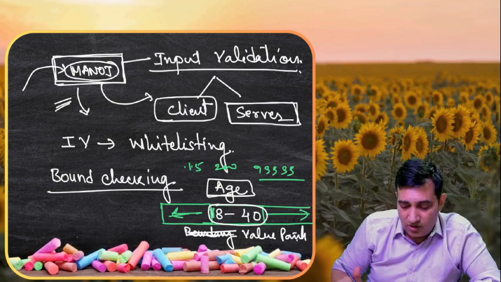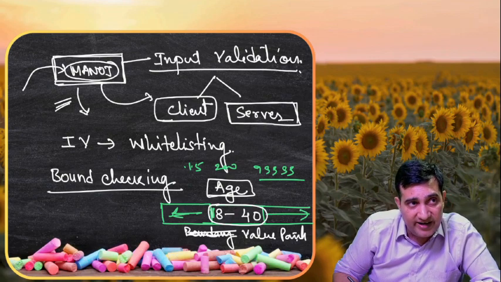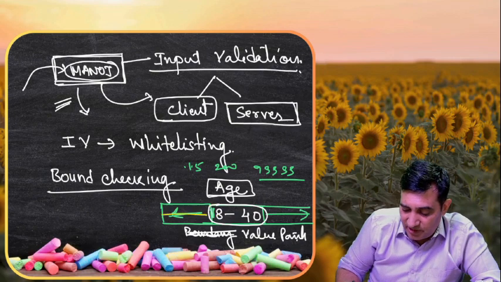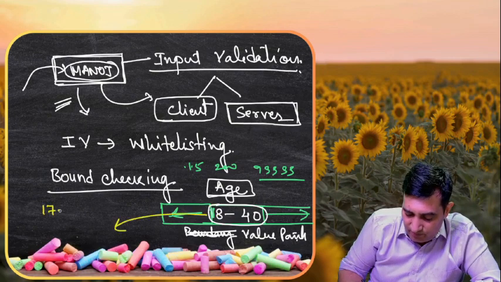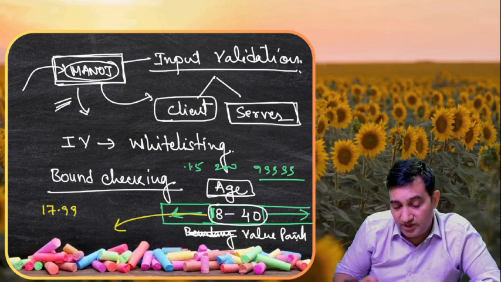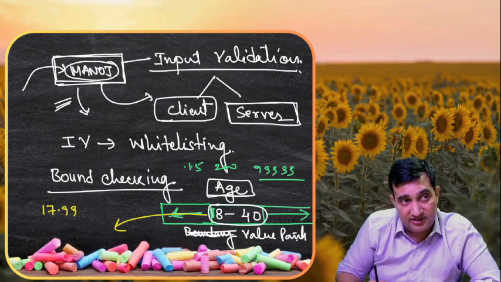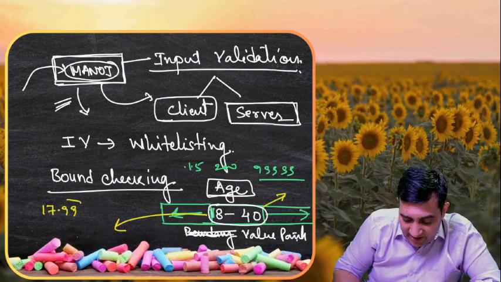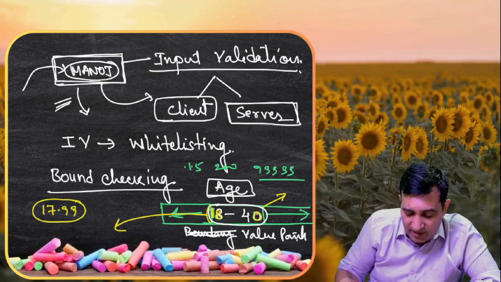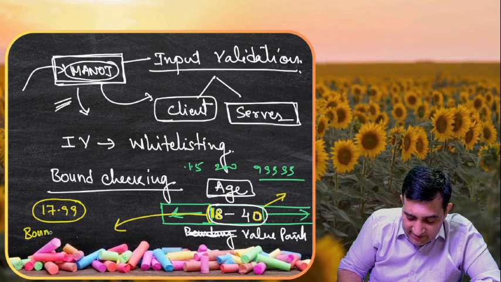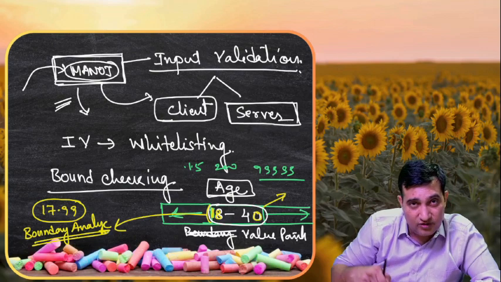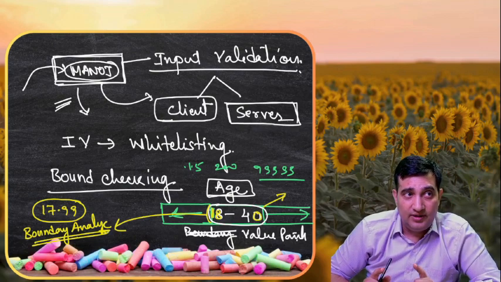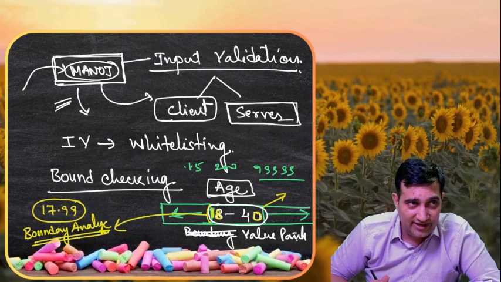Okay, sometimes we also check the boundaries very finely. For example, in this particular case, somebody might put 17.99, and the system might accept it because it is .99, the system may take it as 18. Same case can happen here as well. So when we go to that fine-grained level and check the boundaries of these numbers here and this number, that is called boundary analysis. So not only other checks, we have to do bound checking for these things as well. I hope this gives you a good insight into the entire stuff, right?